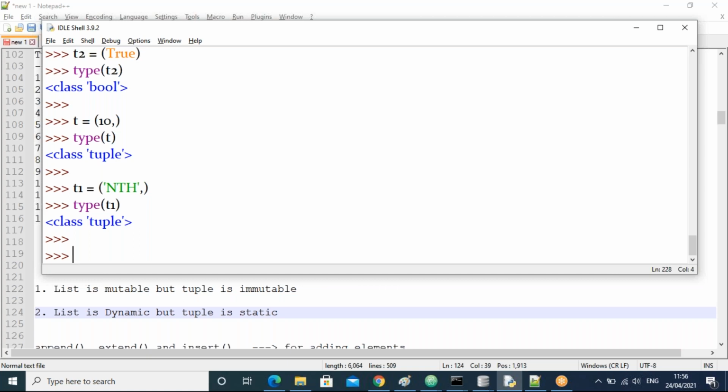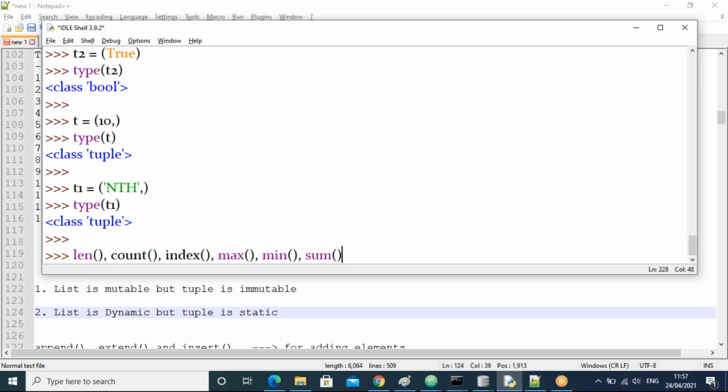So next, guys, coming to the tuple functions. Here, all of you observe now. Length function, we know it supports. We know about the count function, the index function also. And also we know about the max function, min function, and sum function.